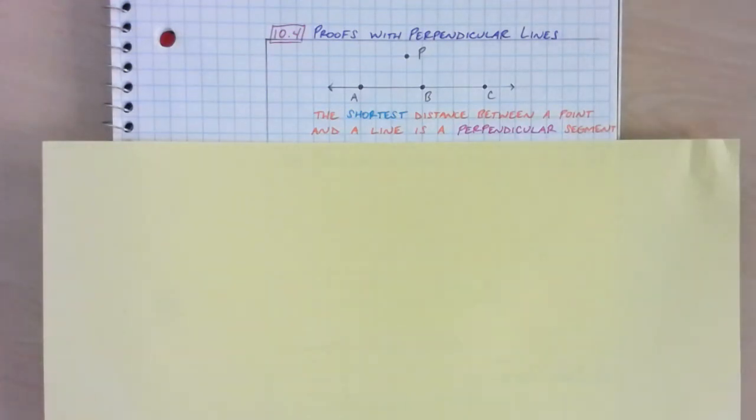All right, Chapter 10, Section 4, Proofs with Perpendicular Lines. This is the first section in Chapter 10 where we're really going to start to focus on perpendicularity. And the main thing to understand here is that when it comes to two lines being parallel, most of us